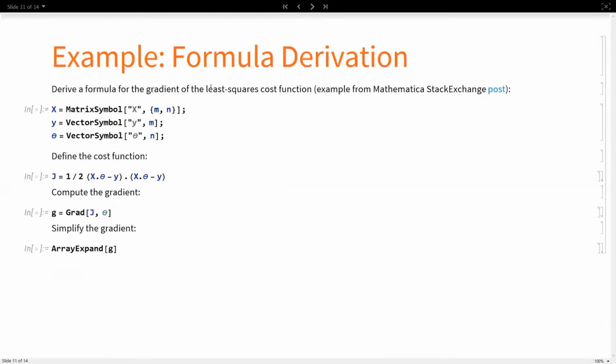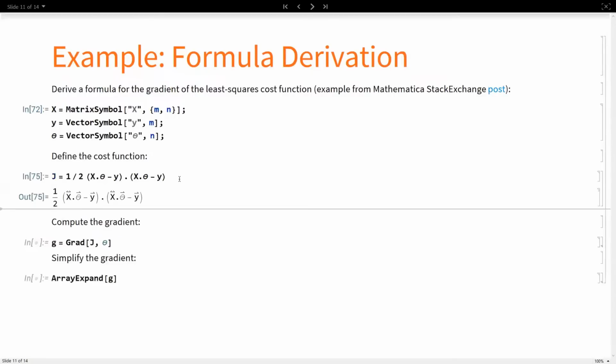Now another example, formula derivation. We derive a formula for the gradient of the least square cost function. It's an example from a Mathematica Stack Exchange post. Here, let's define x to be a matrix, y to be a vector, and theta to be a vector. Define the cost function, compute the gradient,